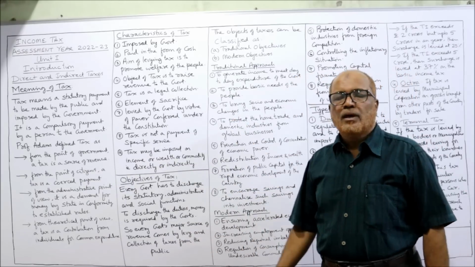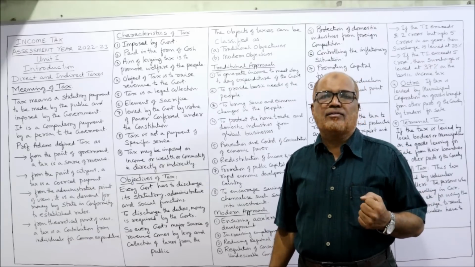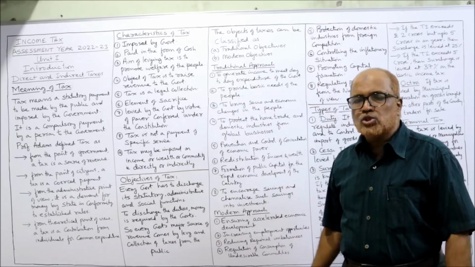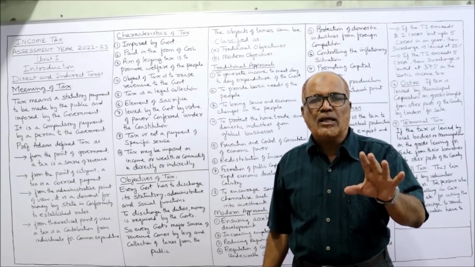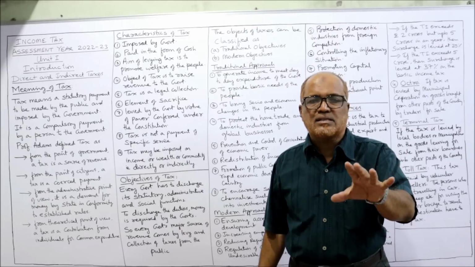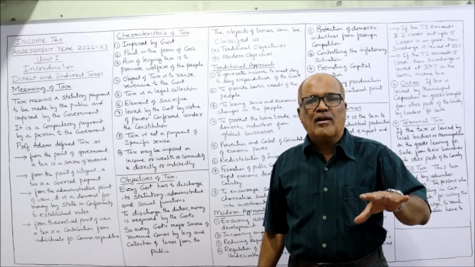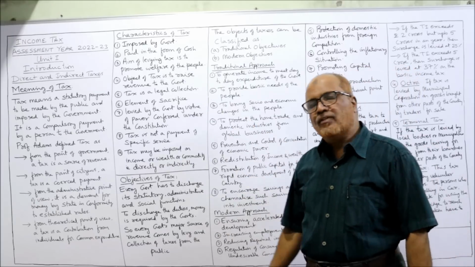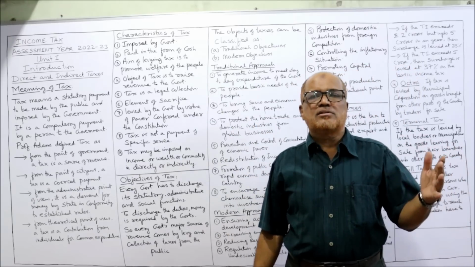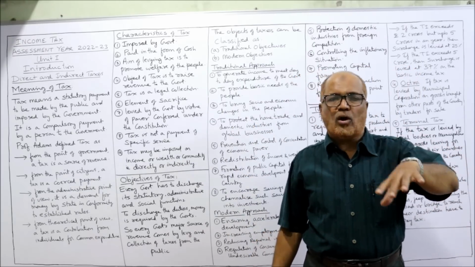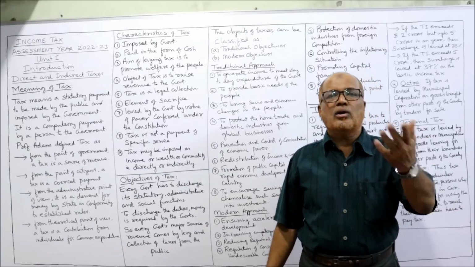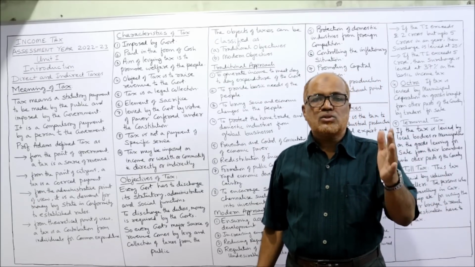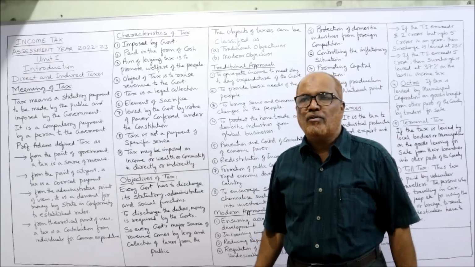Now I'm moving on to what are the characteristic features of tax. In examination it will be asked. So first feature, it is imposed by government. First of all, no other person can impose the tax except government. In every country, the government only will impose the tax. Secondly, paid in the form of cash. In ancient times, the taxes were collected even in non-cash forms also. In kind also taxes were paid. But presently, the taxes will be paid only in the form of cash.